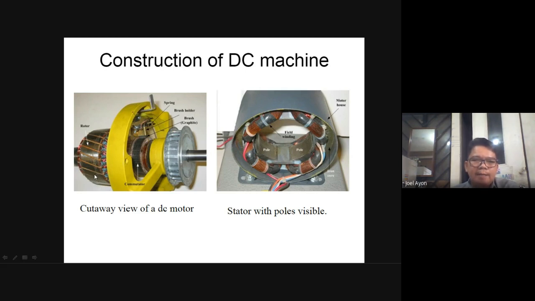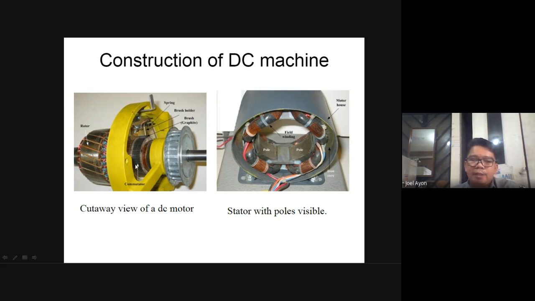Unlike in the AC motor, there is no magnetic wire. Instead it has square type copper. It is not magnetic wire, and in the AC motor it is laminated. Then in the DC motor, there is a spring that pushes the brush, then the brush holder, and of course the brush. It's because